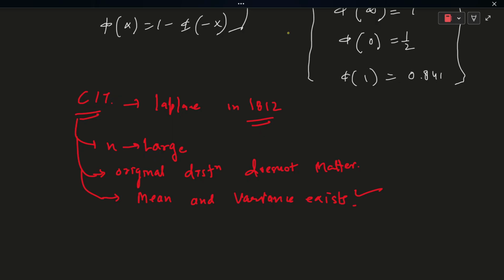CLT में हम यही करते हैं कि जब भी कोई भी डिस्ट्रीब्यूशन होगा उसको स्टैंडर्ड फॉर्म में लेने के बाद वो नॉर्मल डिस्ट्रीब्यूशन को फॉलो करेगा। ठीक है, जब भी हम n को बढ़ाएंगे, when n gets large, जो भी हमारे पास रैंडम वेरिएबल्स है ना, चाहे कोई भी डिस्ट्रीब्यूशन होगा उनका, वो लिमिटिंग डिस्ट्रीब्यूशन होगा नॉर्मल डिस्ट्रीब्यूशन का।